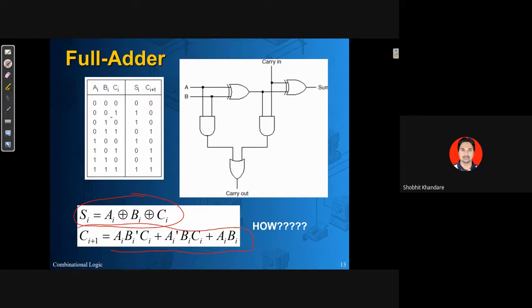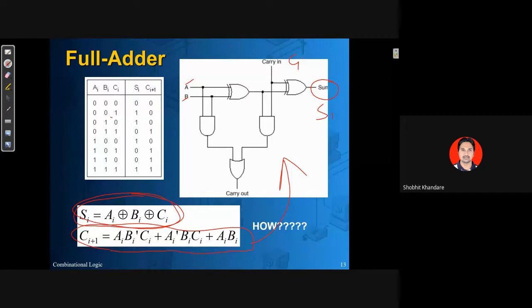तो अगर मेरे पास इक्वेशन है, I can implement it using the logic gate. Can you see the logic gate? अगर SI की बात करता हूँ, ये है मेरा SI. You have AI XOR BI XOR CI. अभी ये मेरा A है, ये मेरा B है, and there is CI. So this carry in is CI.